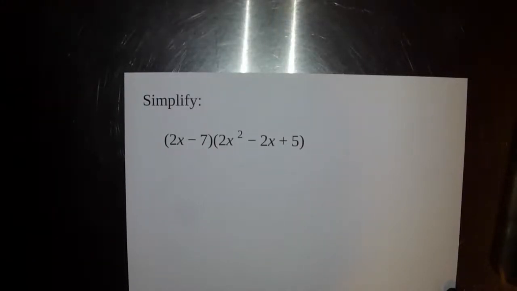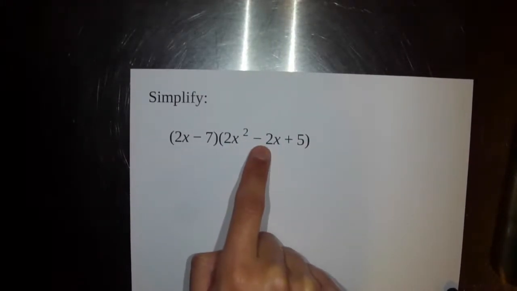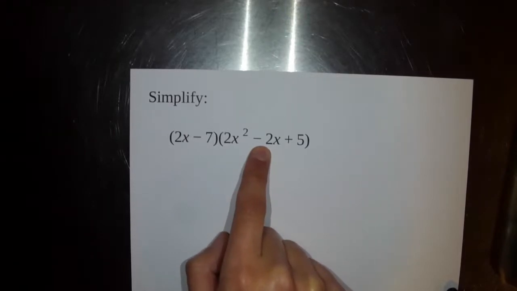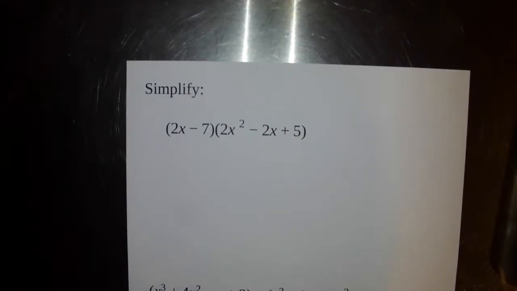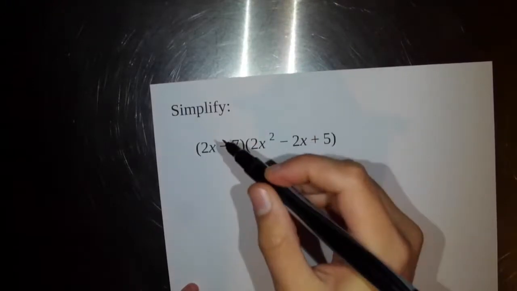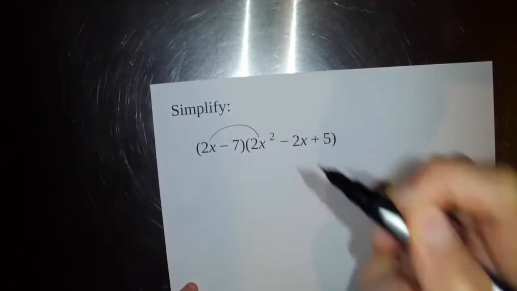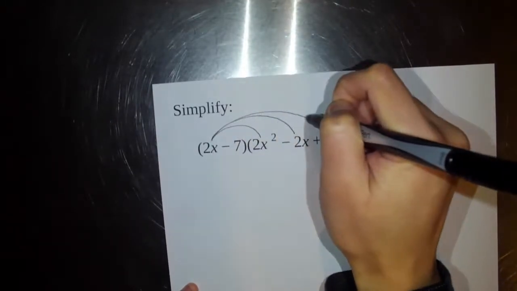Okay, here we're simplifying with polynomial expressions. So in this first example, I have a binomial multiplying a trinomial. I know it's multiplication because I do not have any sign between the parentheses. So we can write this out as 2x times 2x squared and just show that I'm distributing with lines like